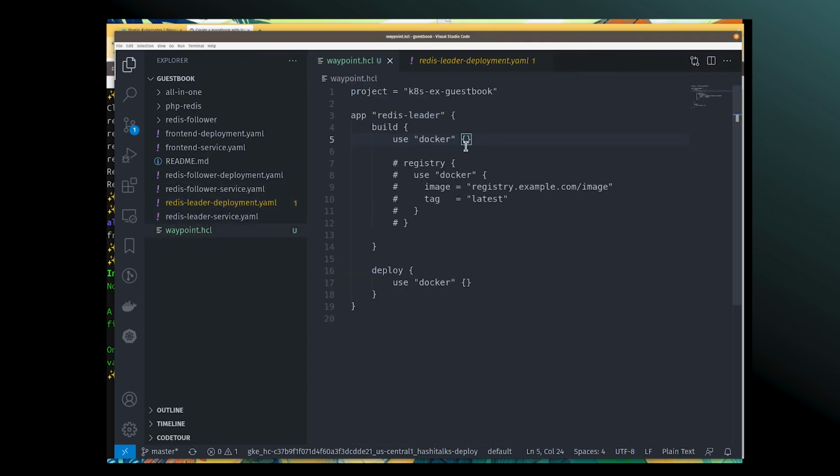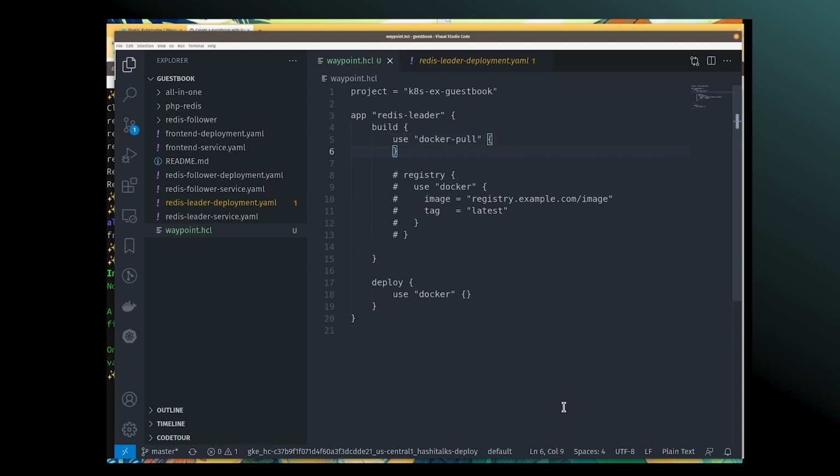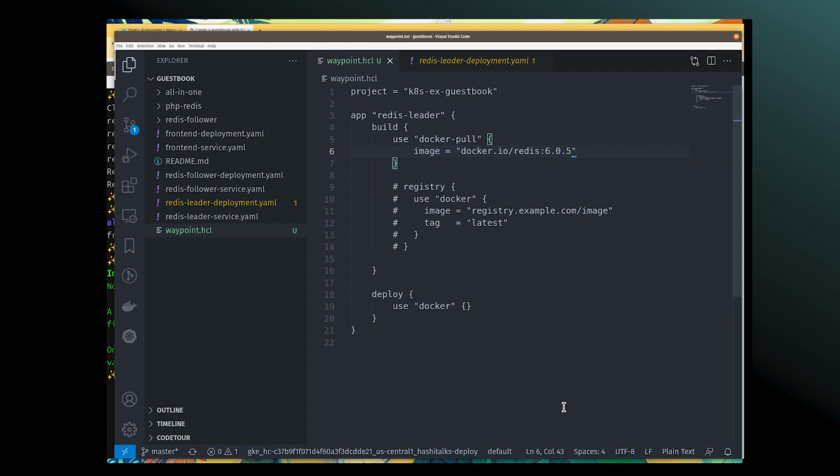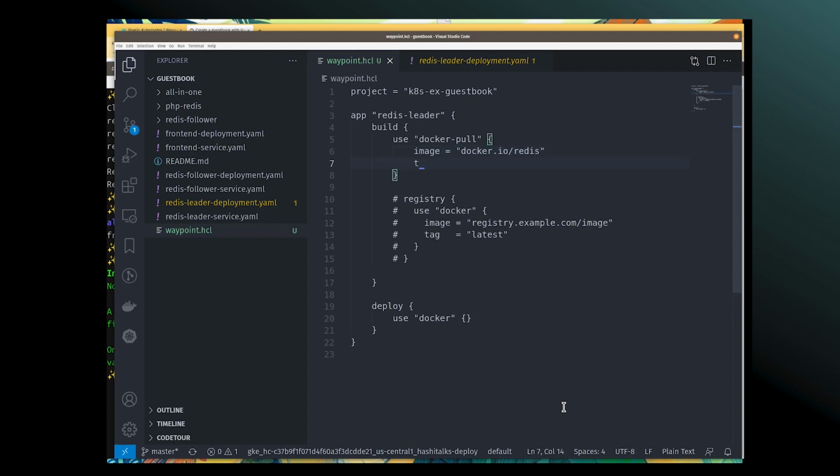Yeah, well, let's throw this in. So this is how, if you have an image you already want to use, you can use Docker Pull. It's one of our plugins, so that's super fun. Let's see, so image is actually not the tag. And then the tag, oops, tag. Okay, cool. All right,